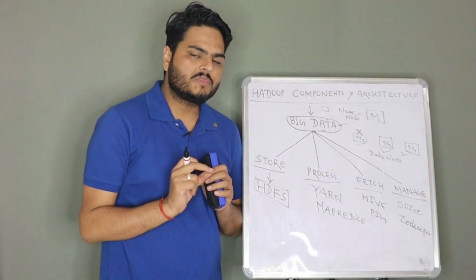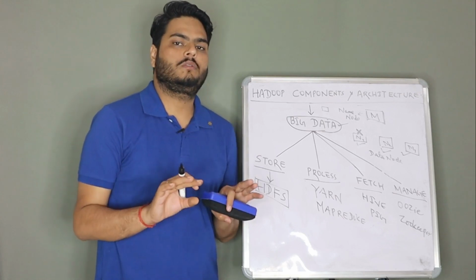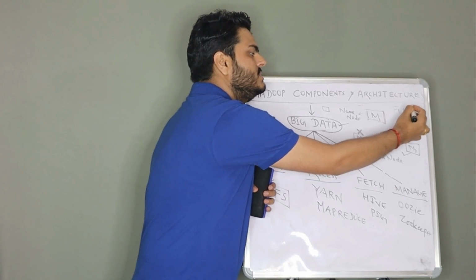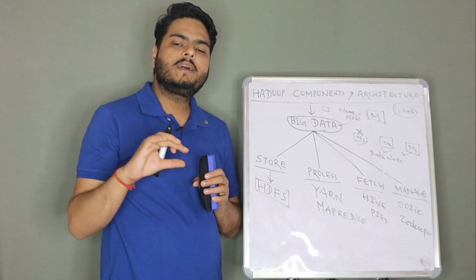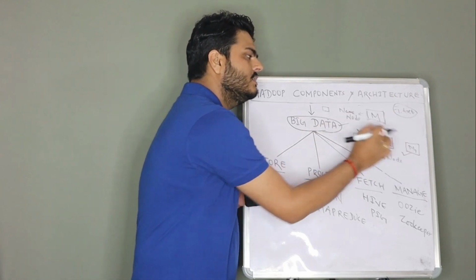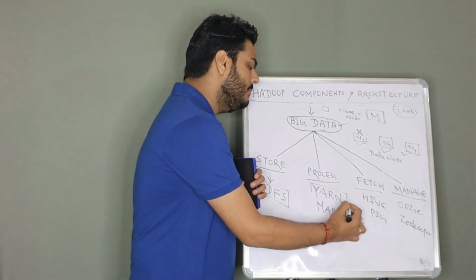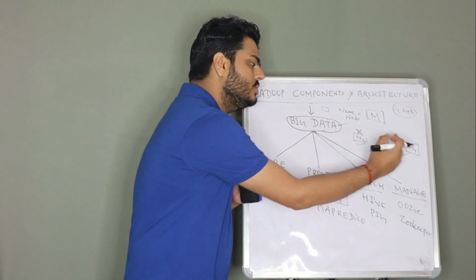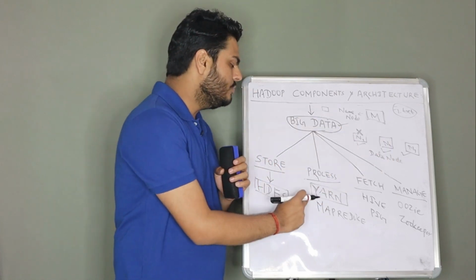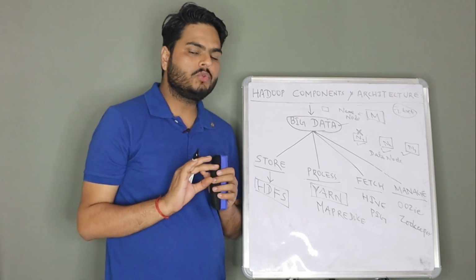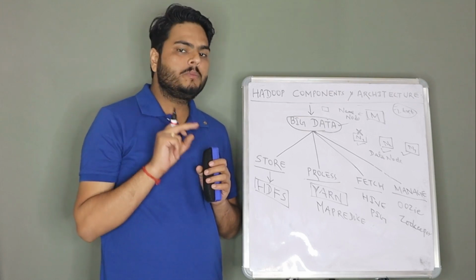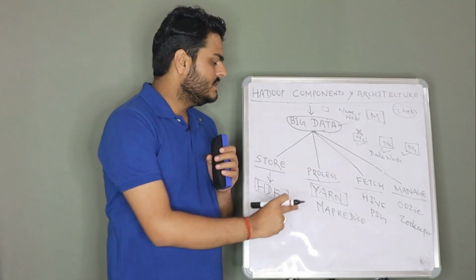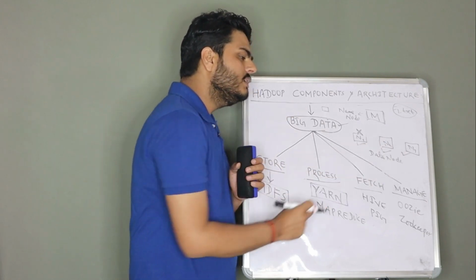So when a user comes and says give me this file, let us say file 1.txt, this file is split into many blocks and is stored in many nodes, right? So this YARN will manage the resources. Managing resources means out of all the nodes, which node this YARN wants to use for the data processing. As I told you, it is replicated at 3 places. It depends on which nodes are busy and which nodes are available, and based on that this YARN will allocate the nodes and get the job done.